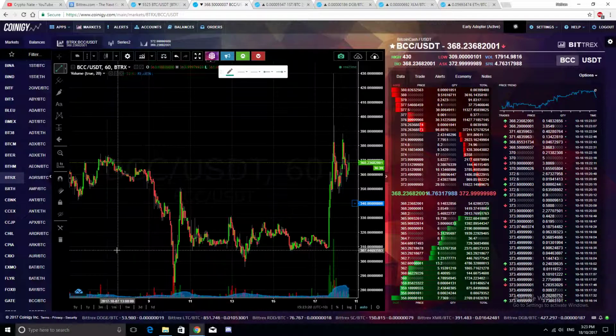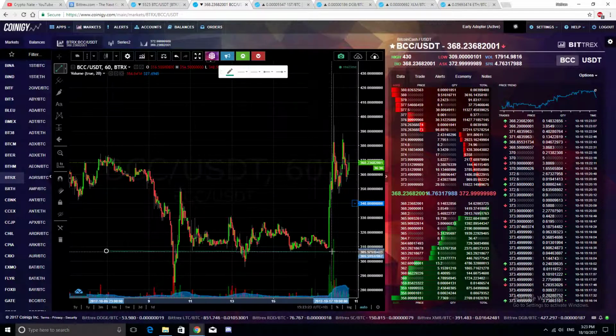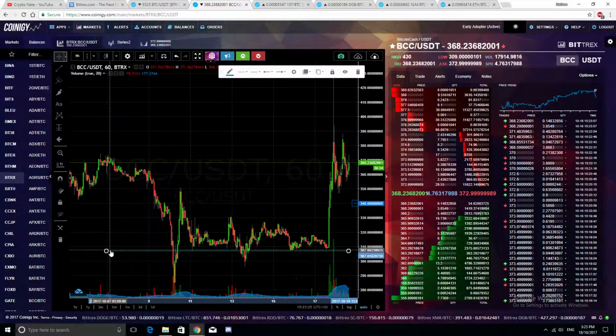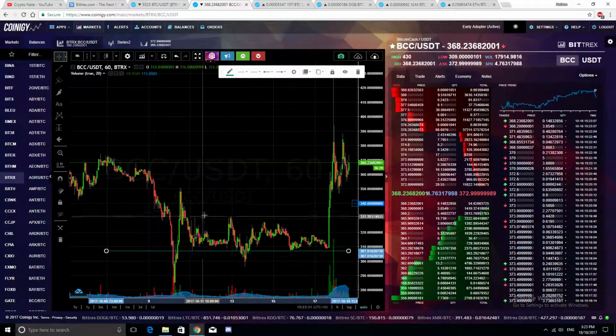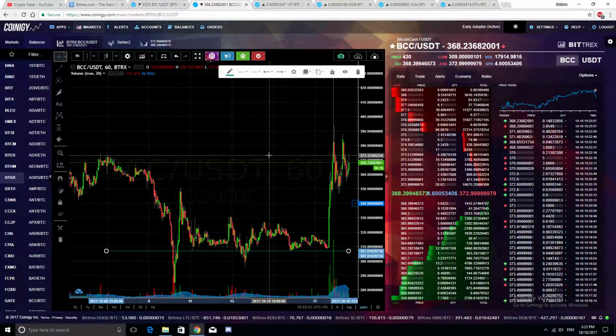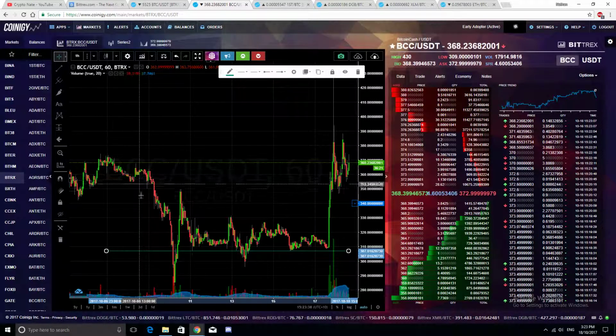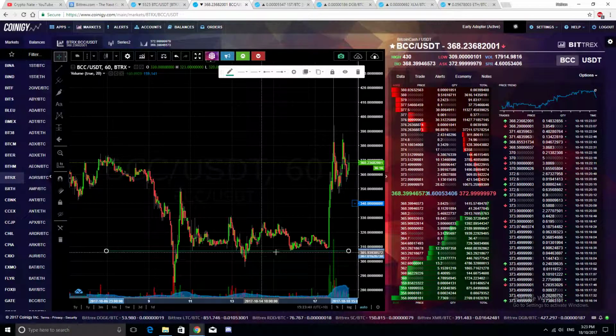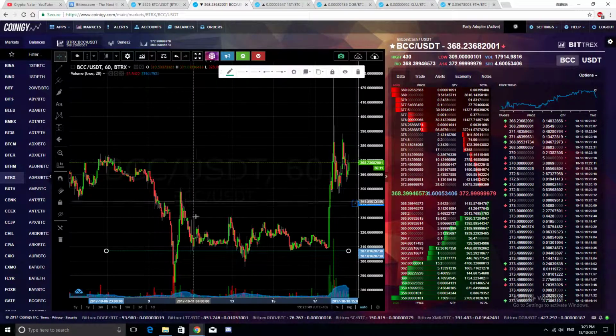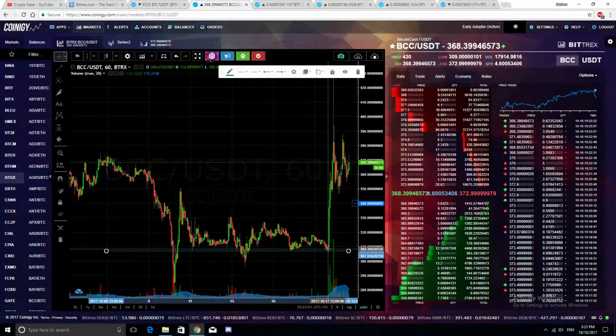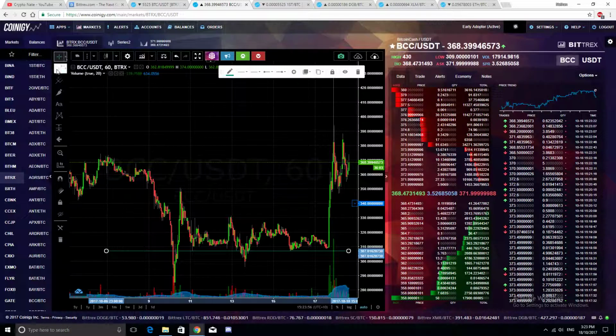If we have a look down here, we can draw a nice neat support line just down the bottom. That would be a nice support base for the last few days, and it'll probably continue for the next day or two until there's an even bigger change and movement in the market. As you can see, it's touched one, two, three, four times, so I'd count that as a nice little support line. Down here, it got close to this support and then boosted up and broke through